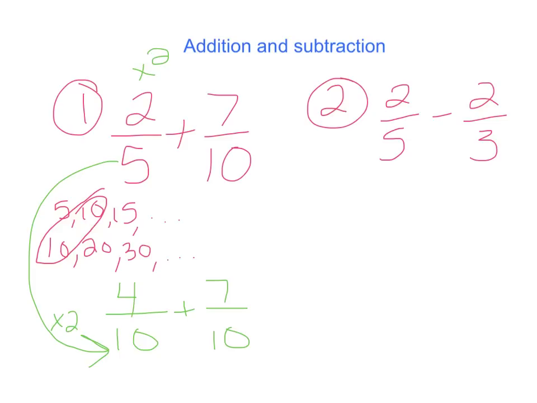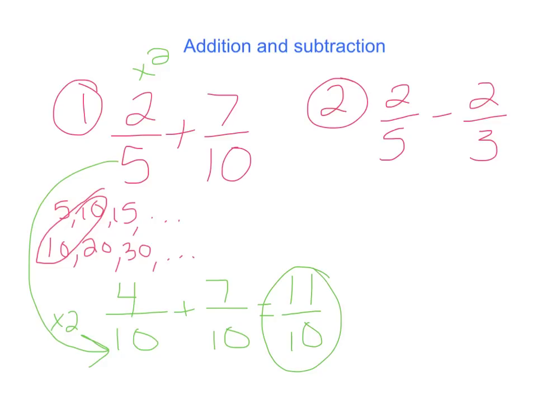And now, if you look, I have a common denominator. All right, so now I can add my fractions together. 4 plus 7 gives me 11 over 10. And that would be my answer. Remember, we're going to leave it as an improper fraction where the top is bigger than the bottom. Okay? All right, and then finally we have